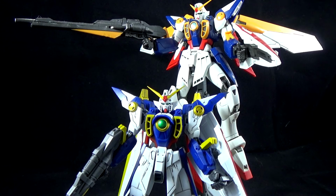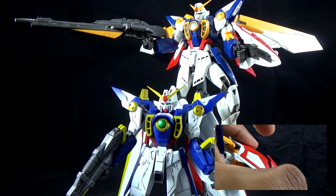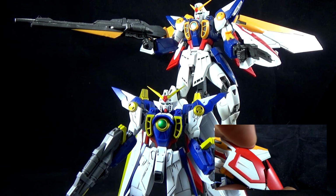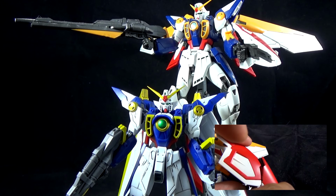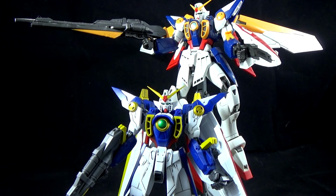Now, the second gripe that I have with this, that I'm not going to be as forgiving about, is that it doesn't have a beam saber. And I'm not okay with that, especially since the RX-78 and the Unicorn Gundam came out with beam sabers out of the box. I can understand the fact that they might not have been able to design the gimmick where the beam saber comes out of the Buster Shield. That's okay. But the fact that it does not include any beam saber is very disappointing,